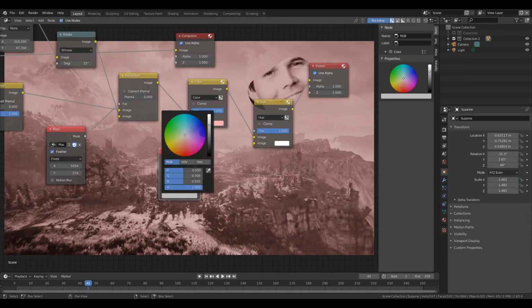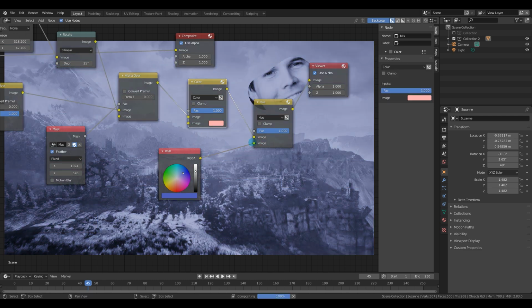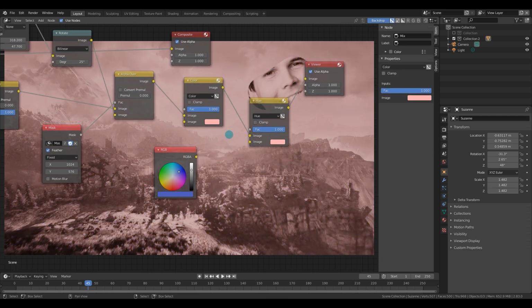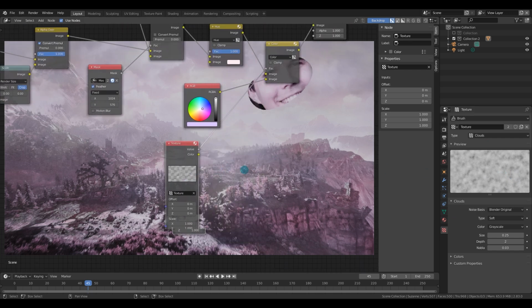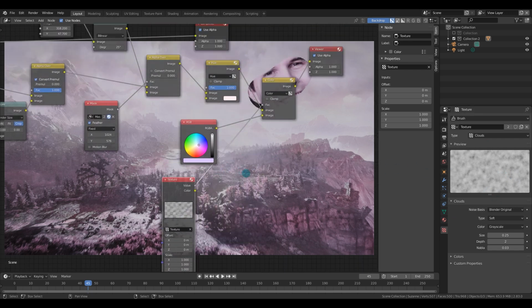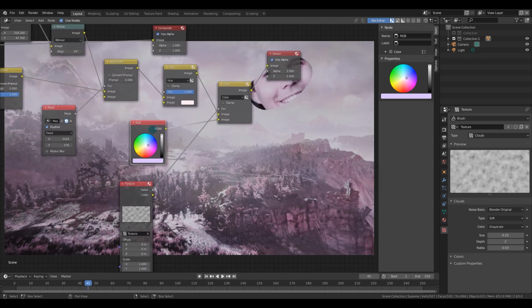The RGB input node generates an RGB color value that can be shared across multiple inputs. Keep in mind that you can also drag and drop colors to copy over color data. The texture node does not itself generate textures, but instead uses textures from your texture panel. I found this is a great way to use procedural textures in the compositor, clouds or noise for example. Here I'm using it as a factor to decide which parts of the image should be affected by this purple hue.